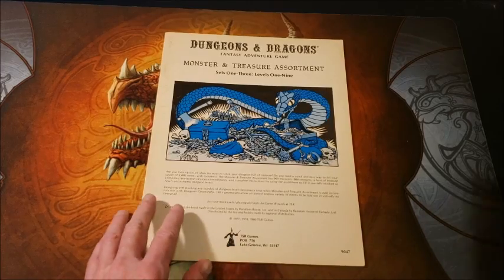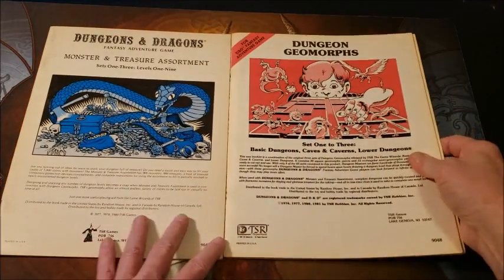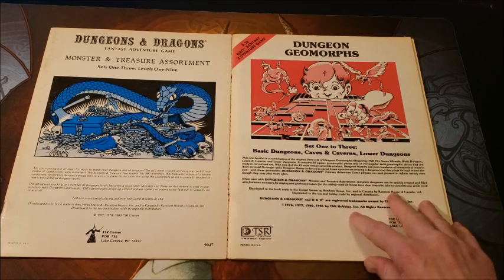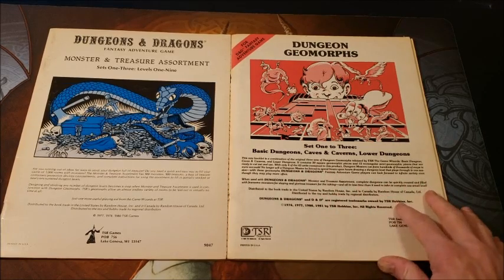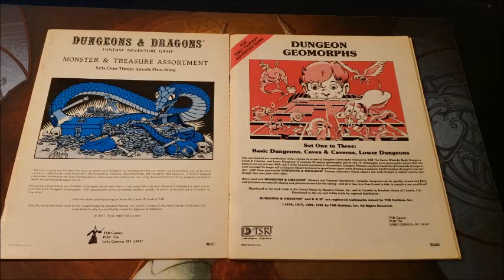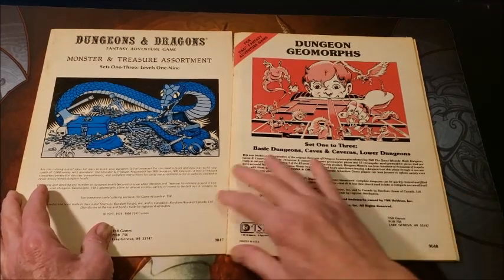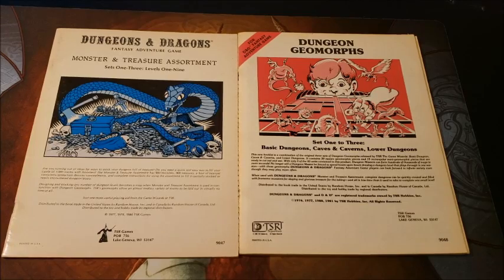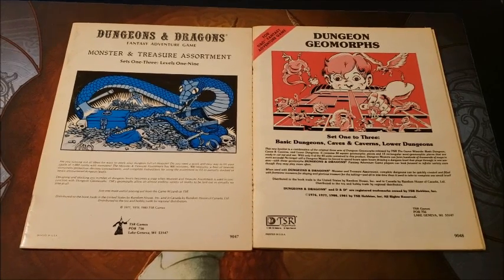That's Monster and Treasure Assortment and Dungeon Geomorphs. Dungeon Geomorphs, not so much a fan. It's something I have, and it is in my library. But the Monster and Treasure Assortment, yes, I was very excited. This was right there with Rogue's Gallery to me as far as important to have on my shelf. I still will browse it just for nostalgia more than anything else. I don't really take much from it anymore, but occasionally I'll just thumb through it like I just did and